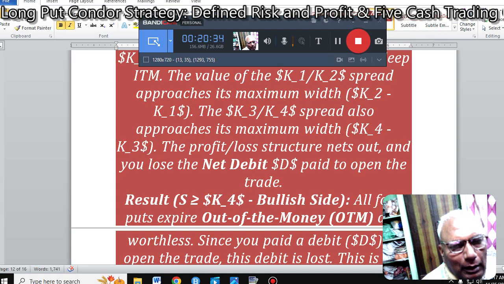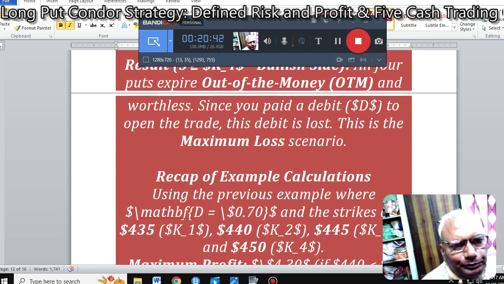The profit and loss structure nets out and you lose the net debit paid to open the trade. Result: